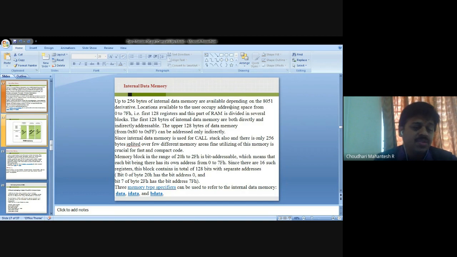Bit 0 of byte 20H has bit address 0, and bit 7 of byte 2FH has bit address 7FH. One more thing: three memory type specifications can be used to refer to the internal data memory: data, idata, bdata.